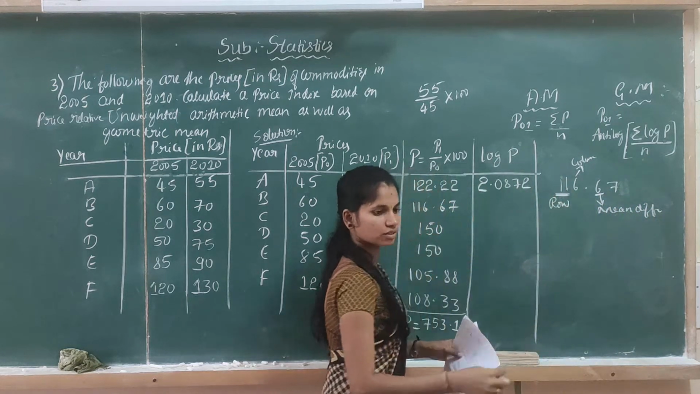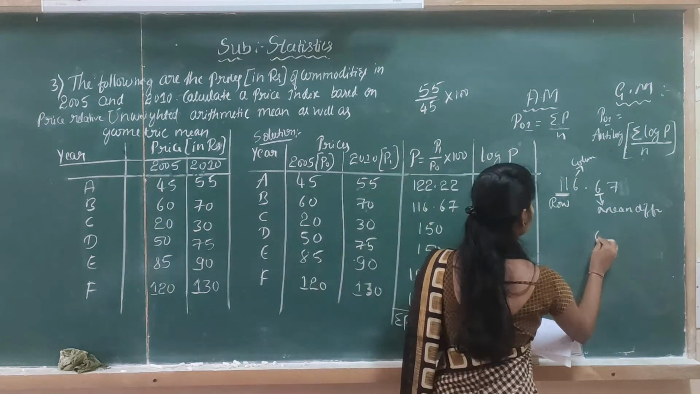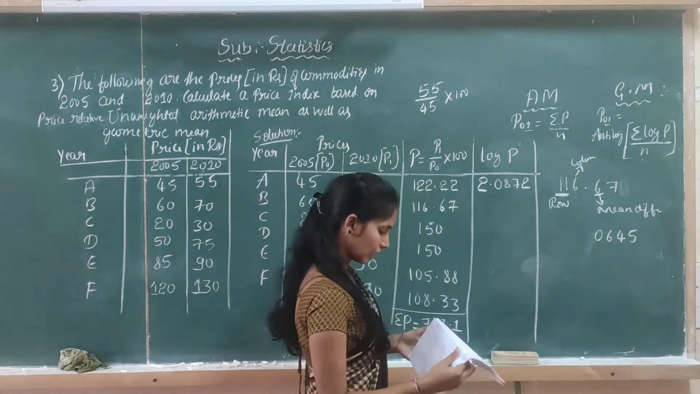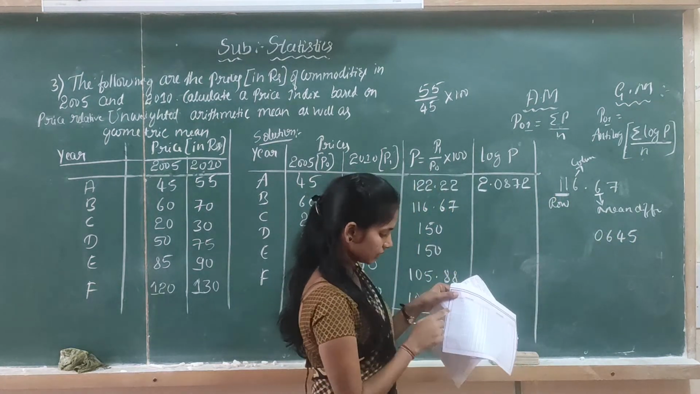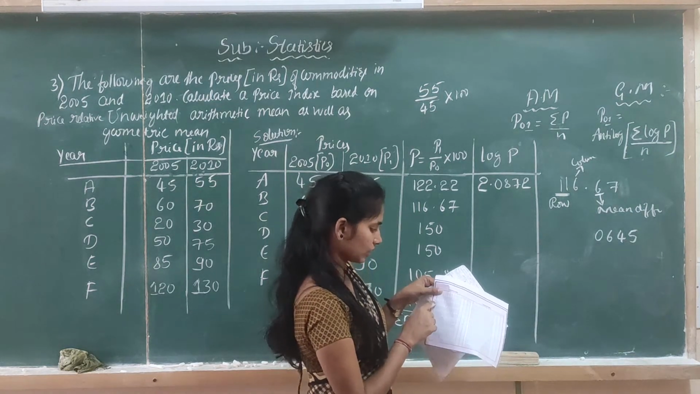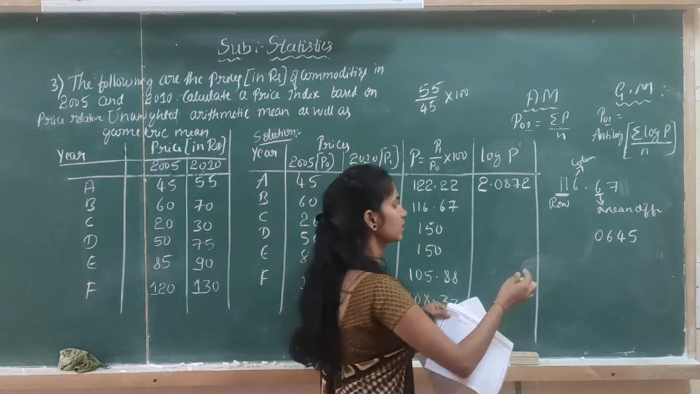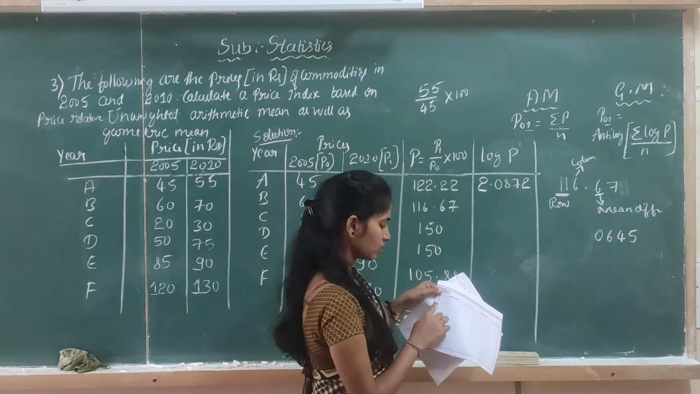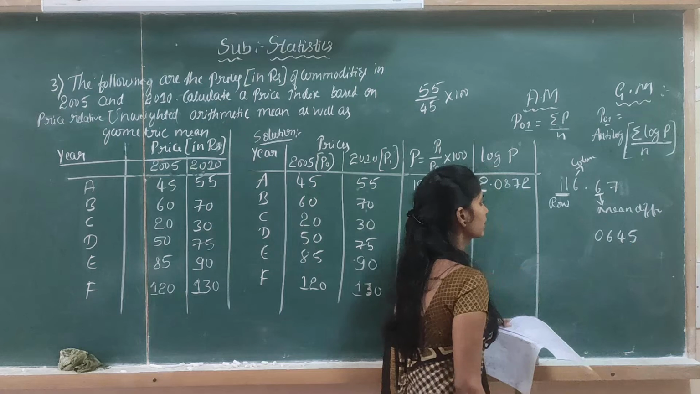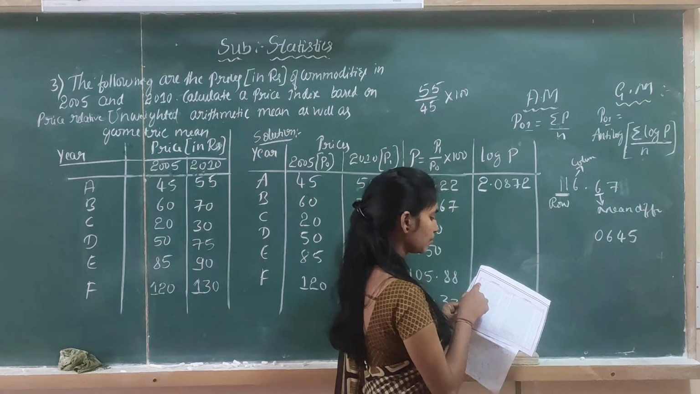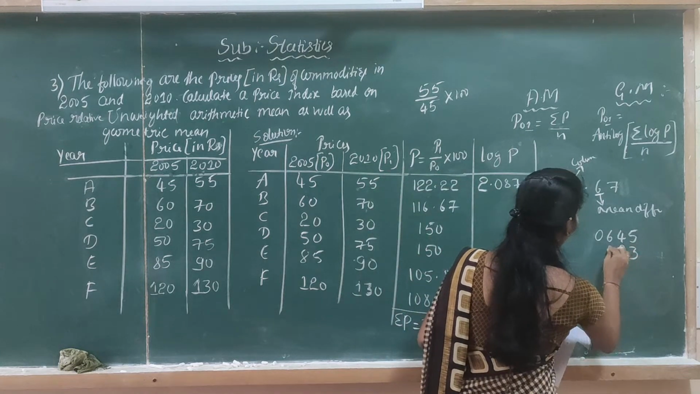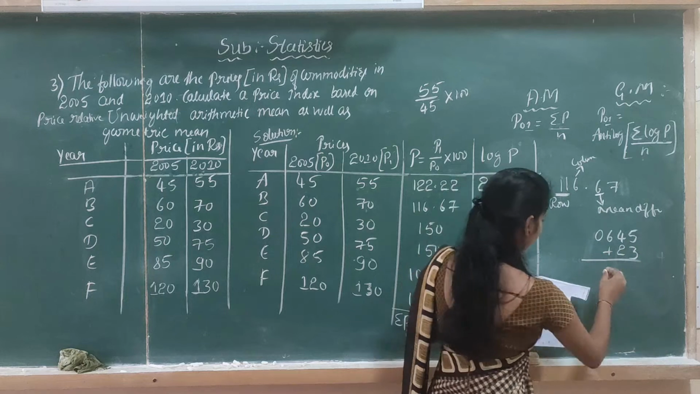For the 11th row, 6th column, the value is 0645. For the 11th row, you find here in the log table, that is 16. In the 11, you have to take the 6th column. In that 6th column, the value is 0645. And 6th mean difference: in the same line, you have to take the 6th mean difference. The value is 23. Then add these values, that is